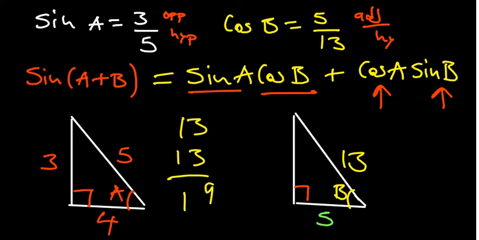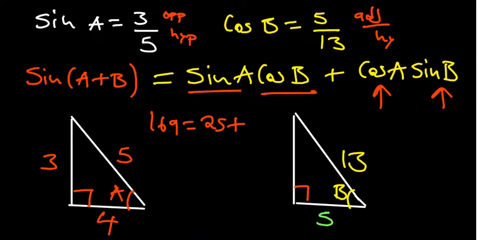Yeah. No. 9, 3, 3, 1. 169. Okay, just trying to be sure. So we have 169, which is the square of 13, equal to 5 squared, which is 25, plus a missing side, we'll call it b squared. So we have 169 minus 25, that is